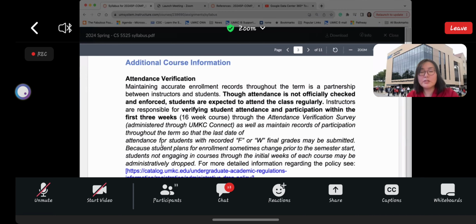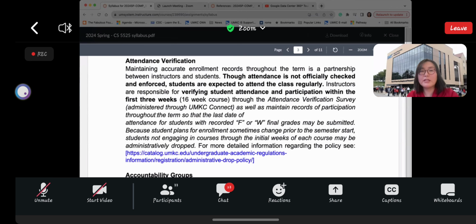There is additional course information about attendance verification. I'm not checking attendance in graduate class, but you are expected to attend the class regularly. It is also my responsibility to verify this attendance information to the university within 3 weeks. So students who are not attending the first couple of weeks, 3 weeks, then I am obliged to report to the